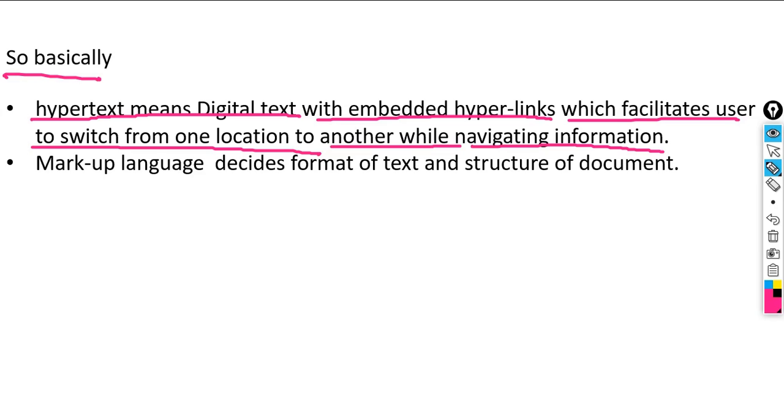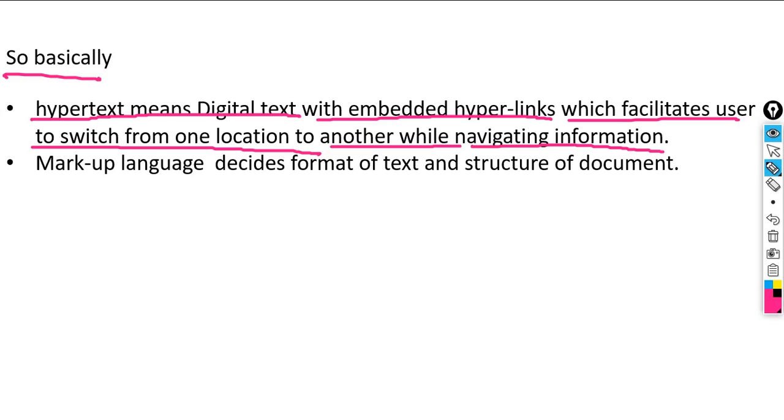Now markup language. Markup language is a standard text encoding system consisting of symbols which decides or controls the structure of the document, the format of the document and the relationship between different parts of the document. It also decides the behavior of the plain text.